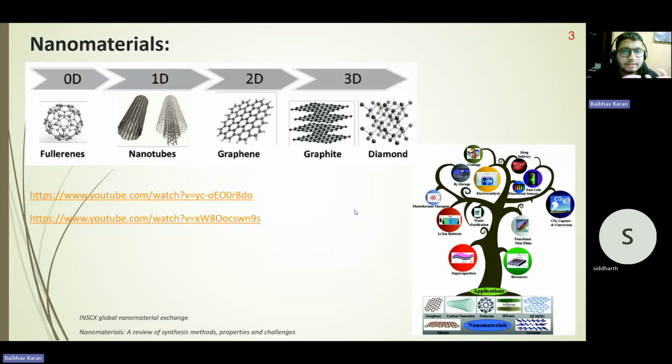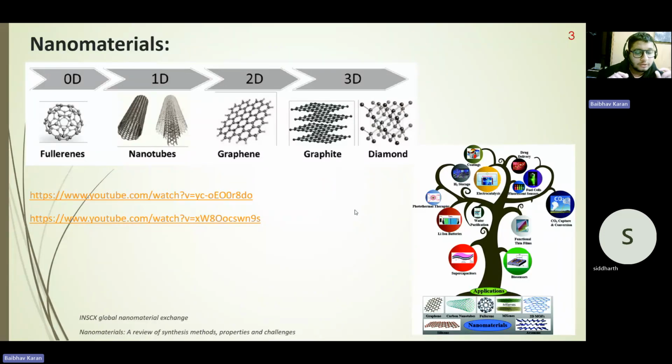Of course, all materials are made of nanoparticles because we know we are made of atoms. Atoms are at 10 to the minus 10 meters. Then come the nanomaterials at 10 to the minus 9 meters. Then comes the macro scale, which we are in. That doesn't mean that we are all nanomaterials. That means the definition of nanomaterials is different. Though we are all made of nanoparticles, we are not considered as